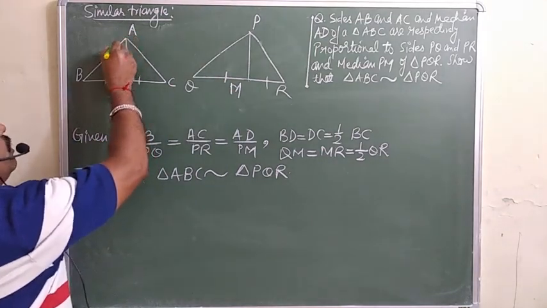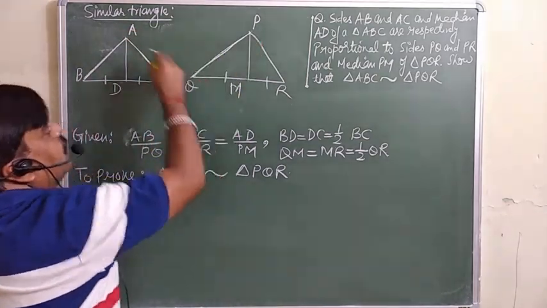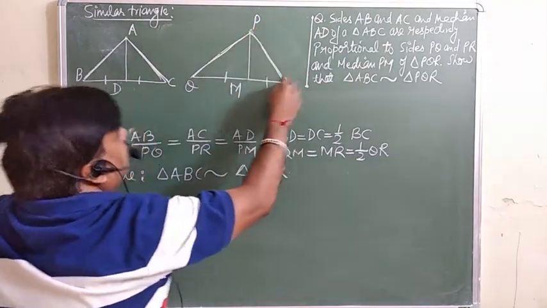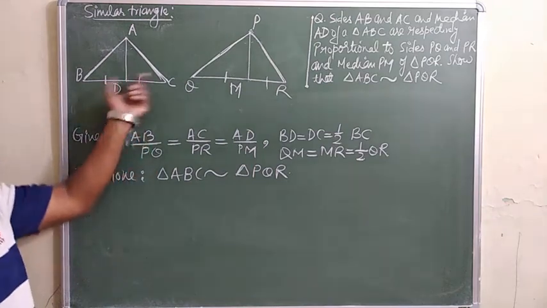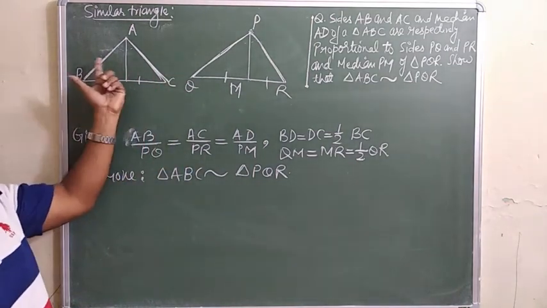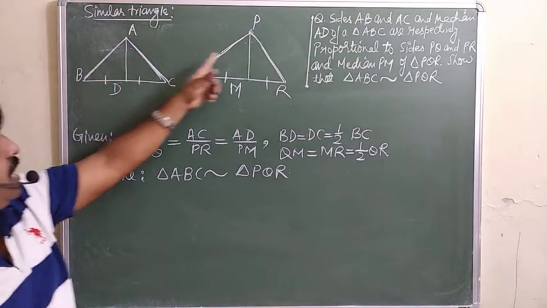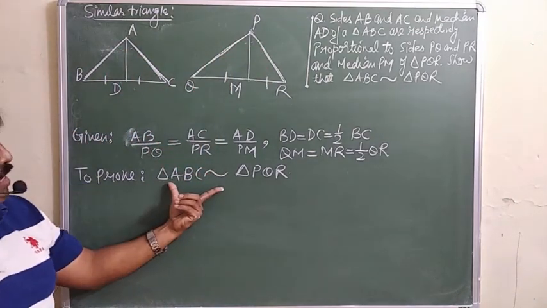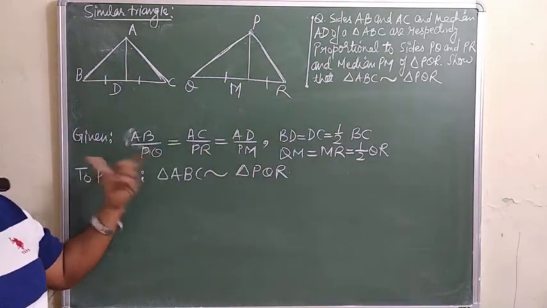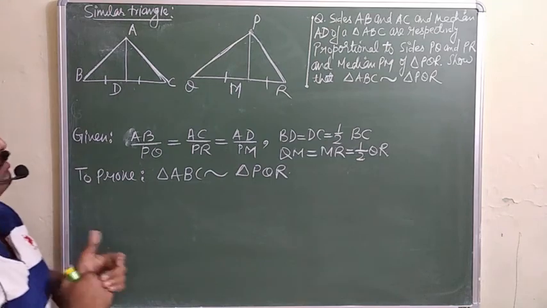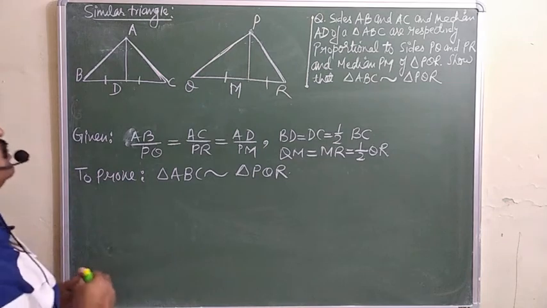So look here now. The information is given here only. We are given AB over PQ, AC over PR, and anyhow if we can make angle A equal to angle P, then we can declare both the triangles are similar. AB over PQ, AC over PR is already given. If we can make angle A equal to angle P, you can declare both triangles similar, and this has already been discussed. The whole information is inside the question only, we just have to search for one thing, to make the triangles similar or congruent. This is the beauty of geometry, you can say.